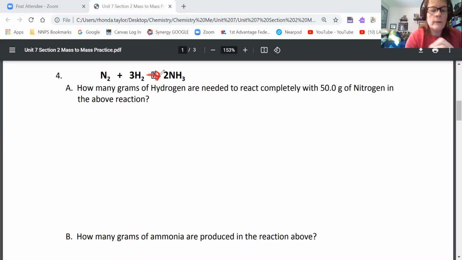Y'all know that. Okay. So when you do these problems, remember I told you there's 3 steps. And if you look at my stoichiometry tips sheet that I put in Unit 7, you'll see one of the first things I want you to do is either circle, highlight, or underline what you're working with. So we're working with hydrogen and nitrogen. Okay, so step 1,